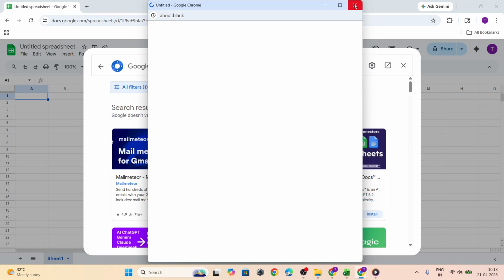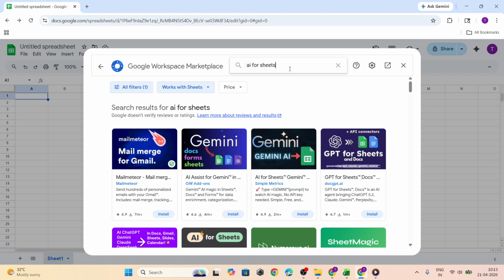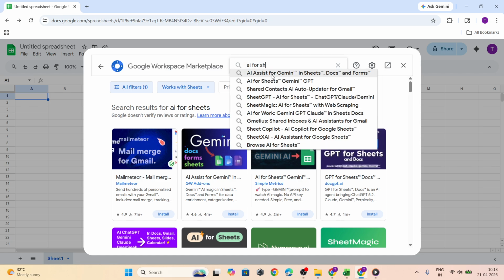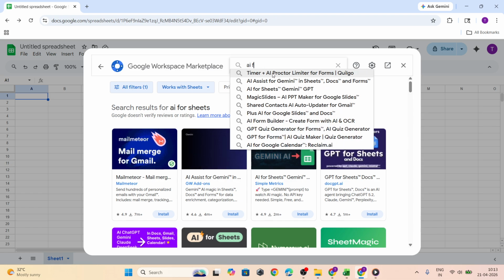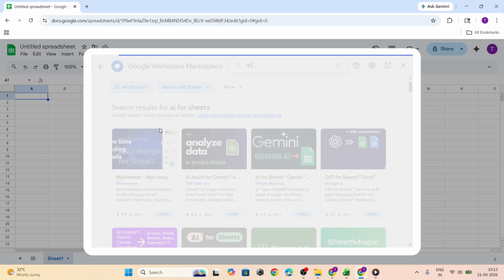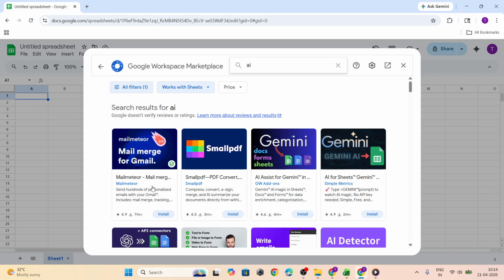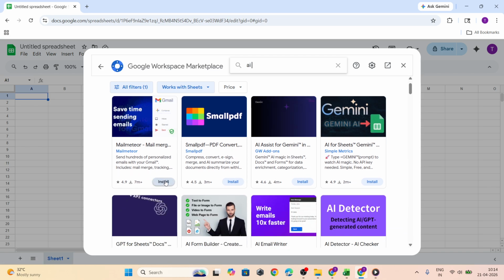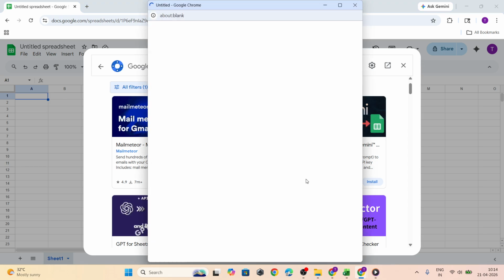Next, get a link to the PDF you want to analyze. Upload the invoice PDF to Google Drive and make sure it's shareable via a direct link. This is important because the AI needs to access the file to read it. When you have that shareable link, copy it and paste it into a cell in your sheet. For example, A1. Keeping your links in a dedicated column makes it easy to reuse the same formula across multiple